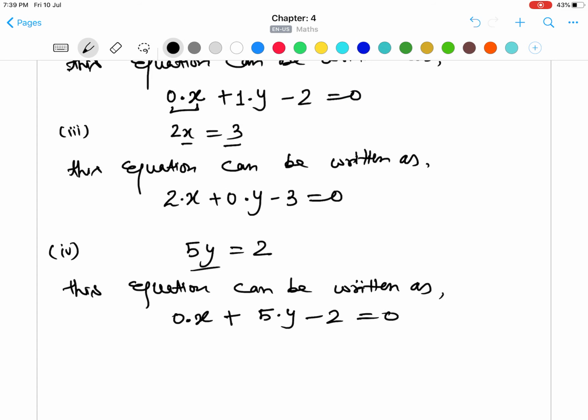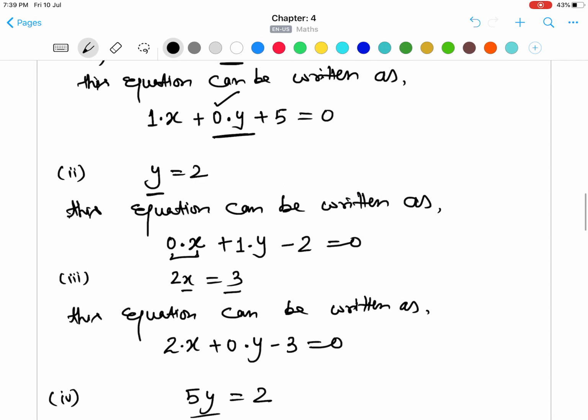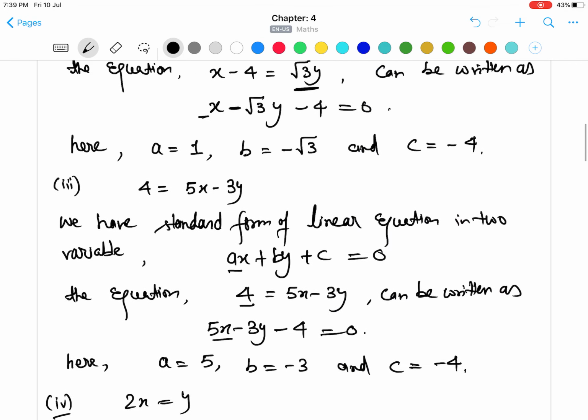So this is our equation in two variable now. So that's how we can solve these two examples. Okay,